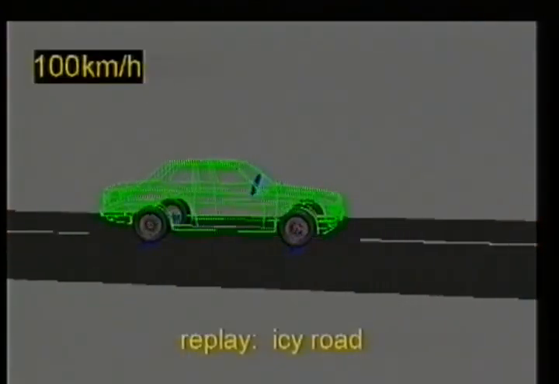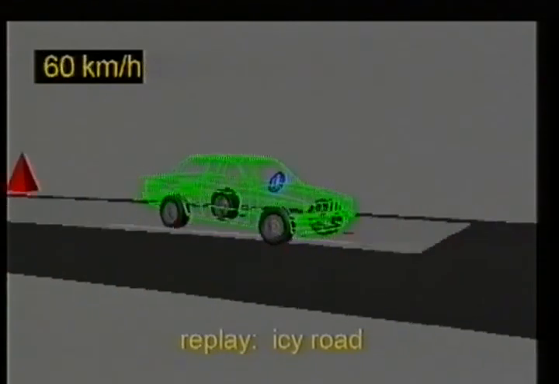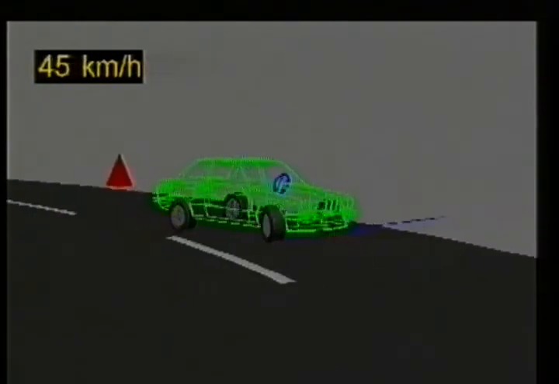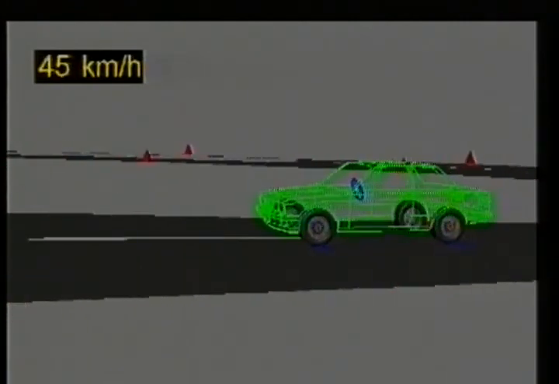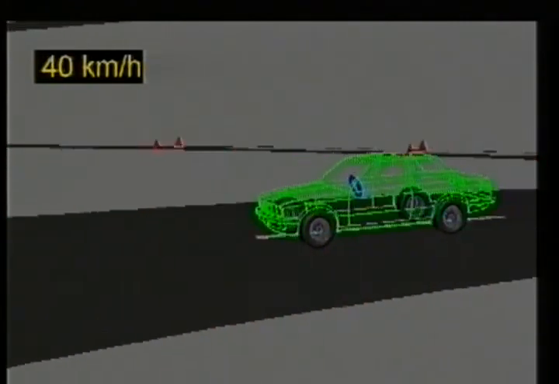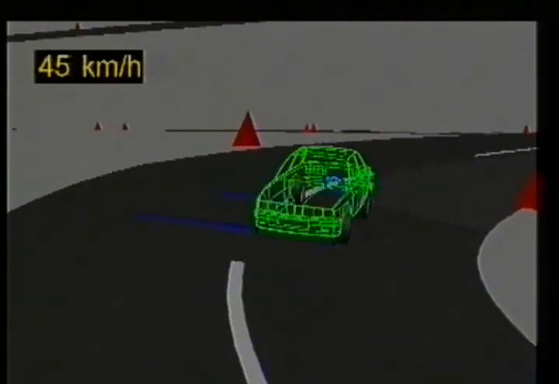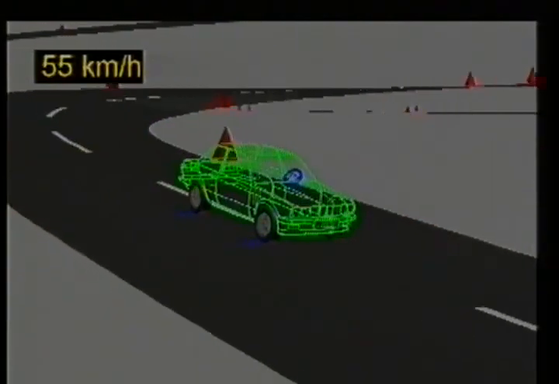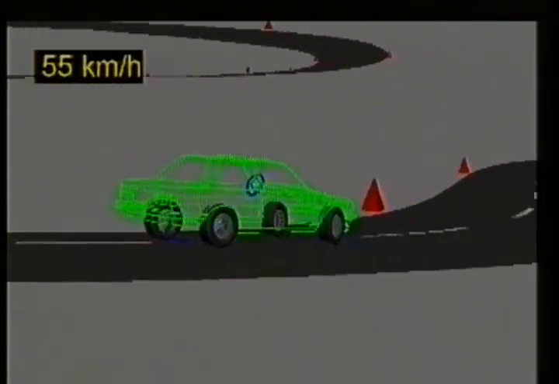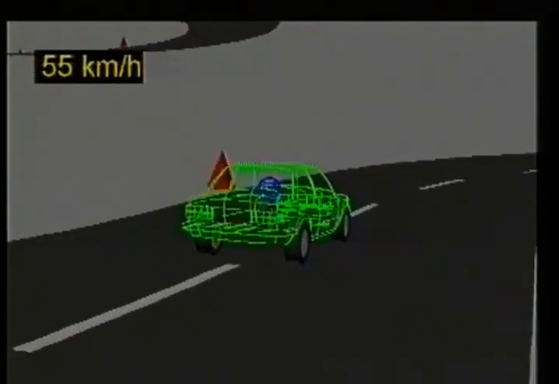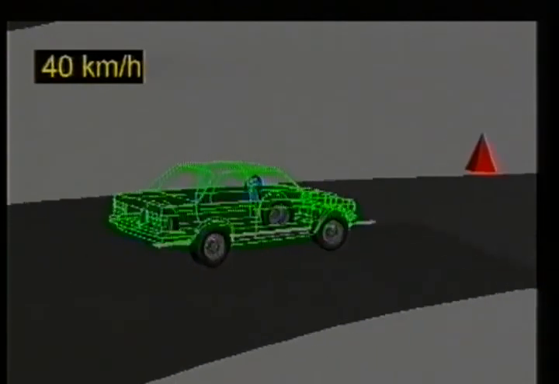A virtual prototype must be tested under various road conditions. Every maneuver normally run on a test track must be investigated in the computer. Road parameters, such as weather and road surface conditions, are easily controlled for virtual test drives. Thus, the handling characteristics and vehicle safety of the physical prototype can be predicted precisely.